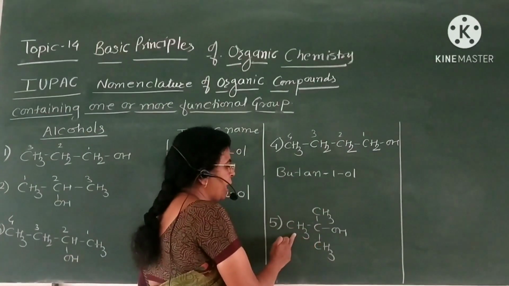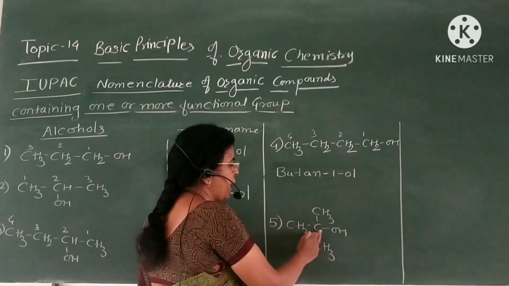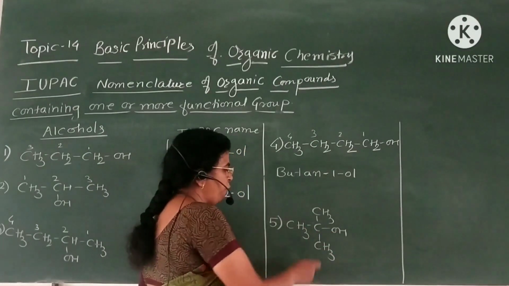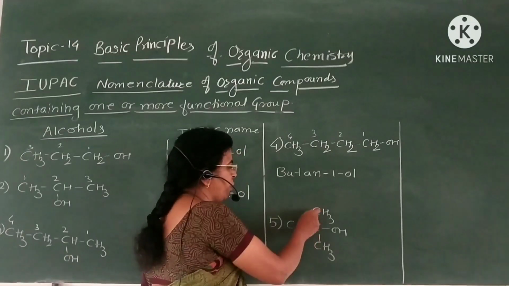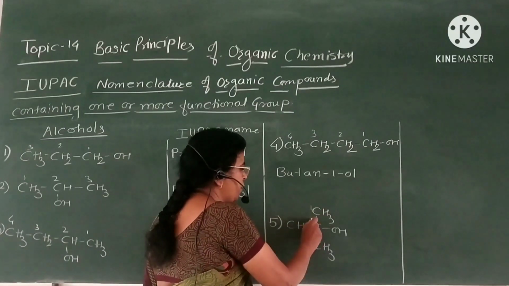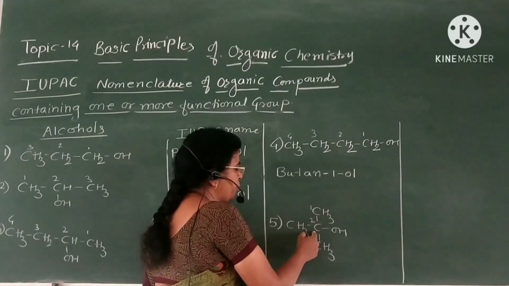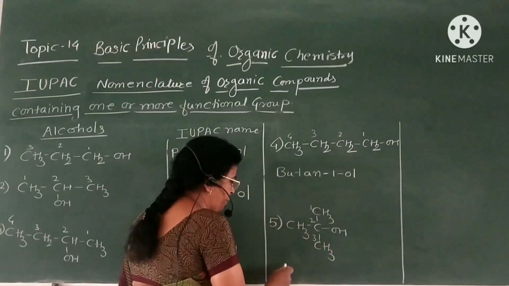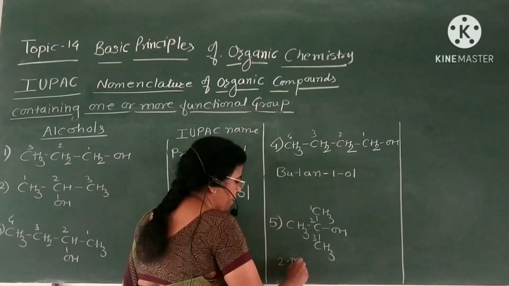Here there are 4 carbon atoms, and the middle carbon atom is bonded to a hydroxy group. Now first select the longest chain: 1, 2, 3. At 2 position there is a methyl group. At 2 position there is a hydroxy group. Therefore it becomes 2-methyl